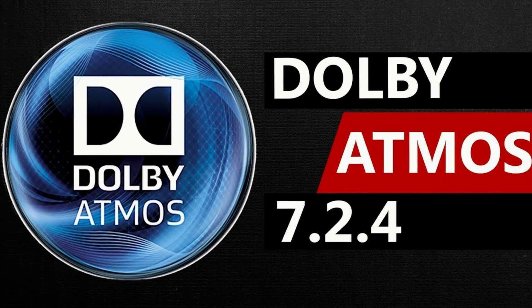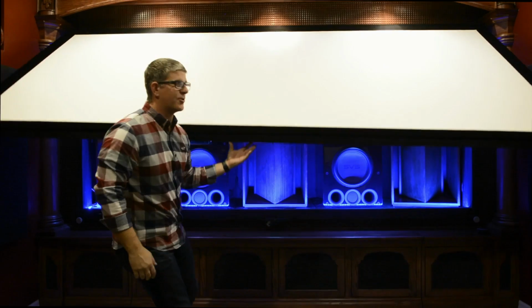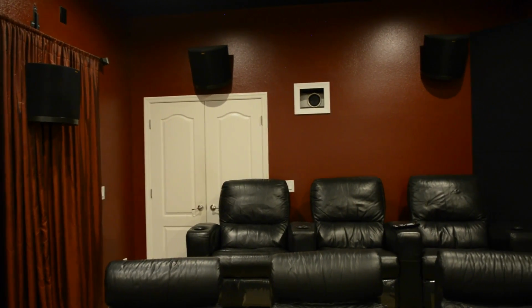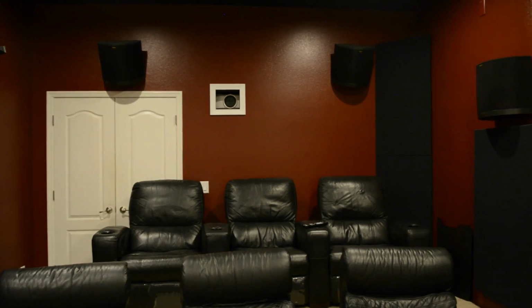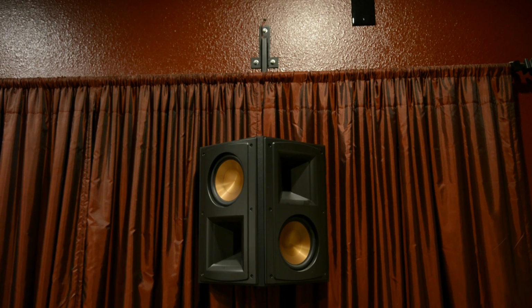All right guys, in my home theater, I have a 7.2.4 channel setup. Now that consists of 7 floor level speakers. So I have 3 Klipsch La Scalas behind my screen. I have 2 side surrounds, they're Klipsch RS62 version 2s, as well as 2 surround back, which are also RS62